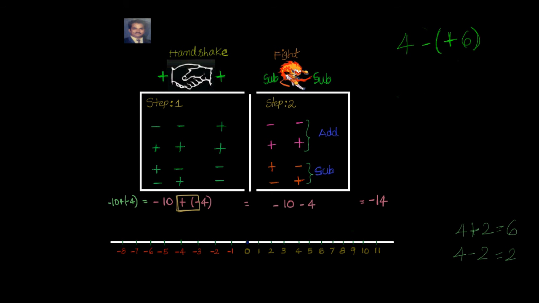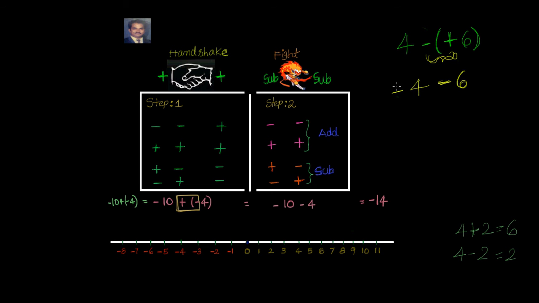Okay, now step 1, we have to look for the screen, and they are going to meet each other for the first time. Okay, ready Pokemon, let us see how you are going to do now. The screen is lifted, you have minus and plus. Oh, they don't belong to the same sign, so they will not do a handshake. That means they will become minus. So this becomes 4 minus and whatever the number is, as it is, 6.